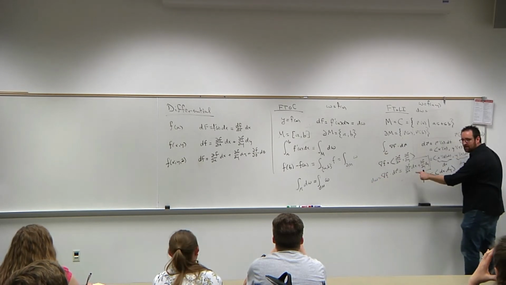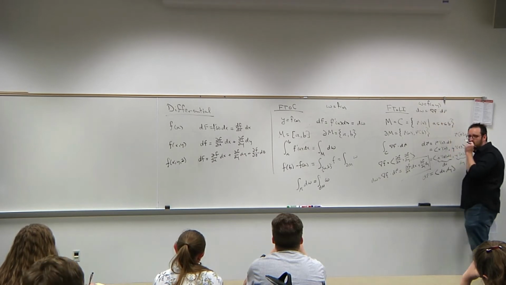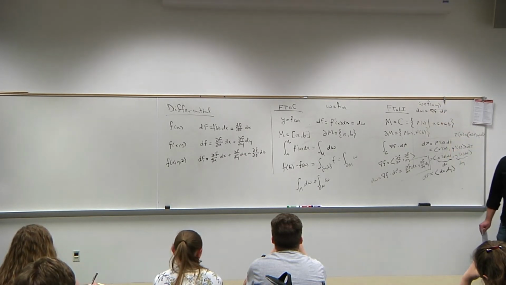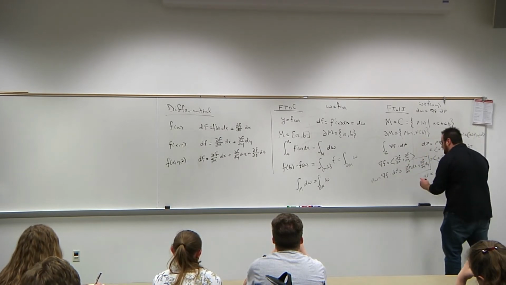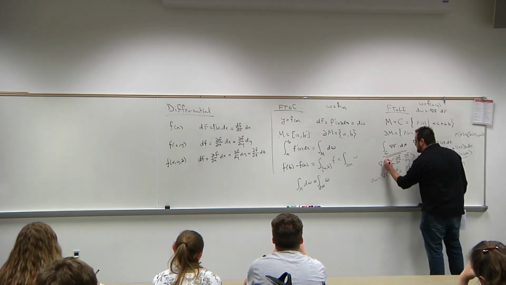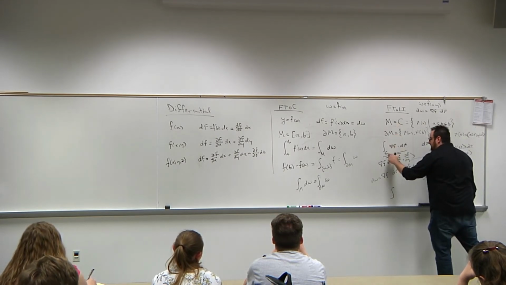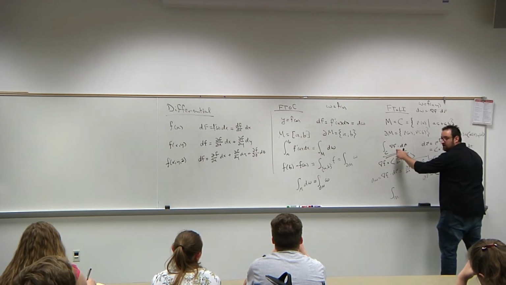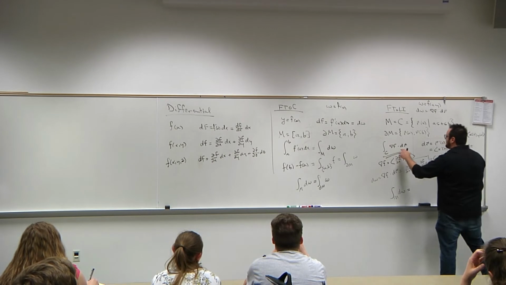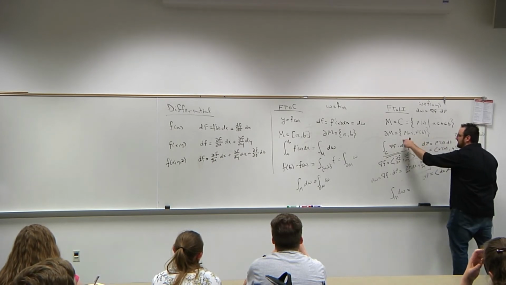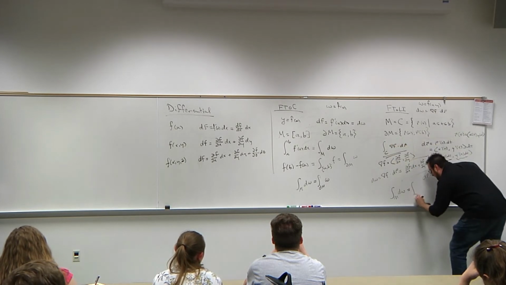So d omega is actually the gradient of f dot dr. Which means that if I write all this in that same notation, the line integral over C of this becomes the integral over m of d omega equals the difference of these guys, which is the zero-dimensional integral over the boundary of